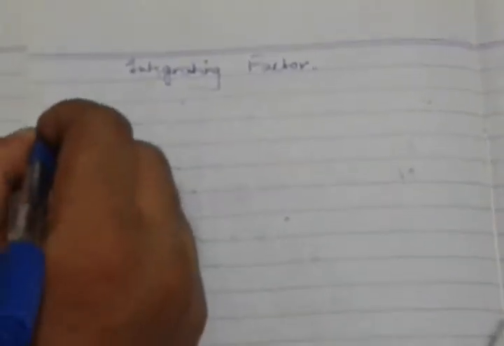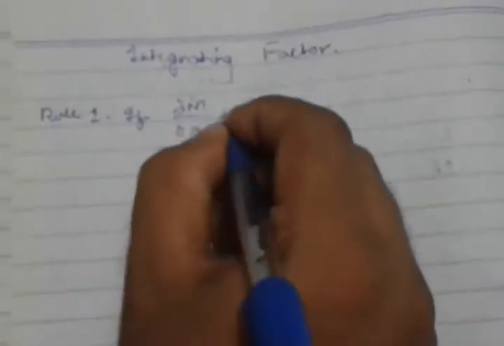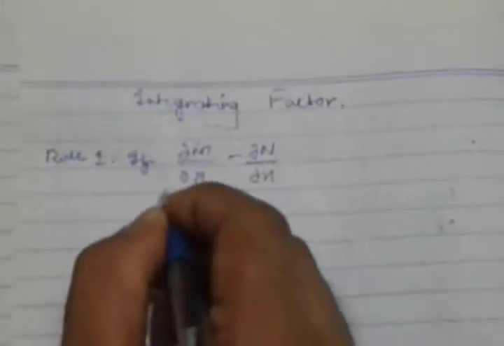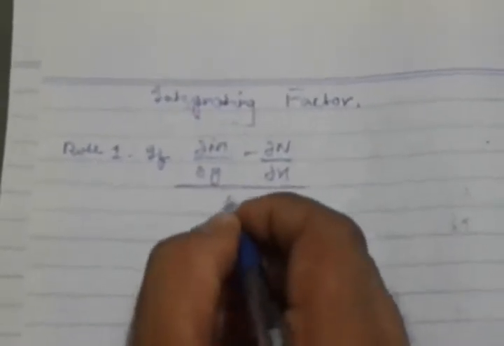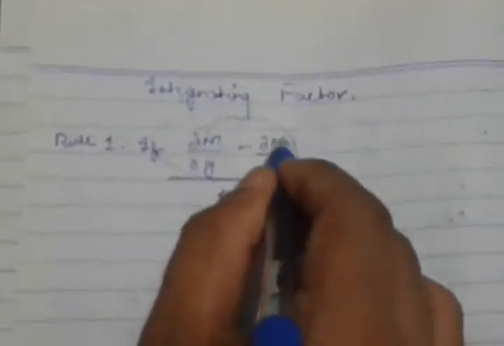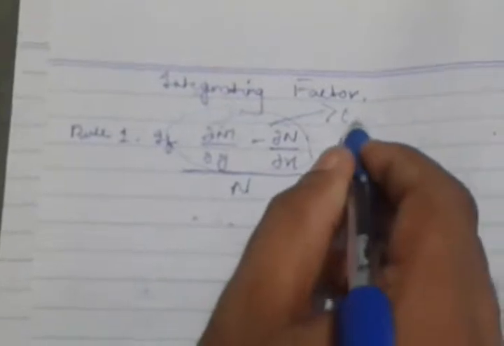Rule number 1 is that if (∂M/∂y - ∂N/∂x) over N, which we know how to solve as we have done earlier in the exact method,